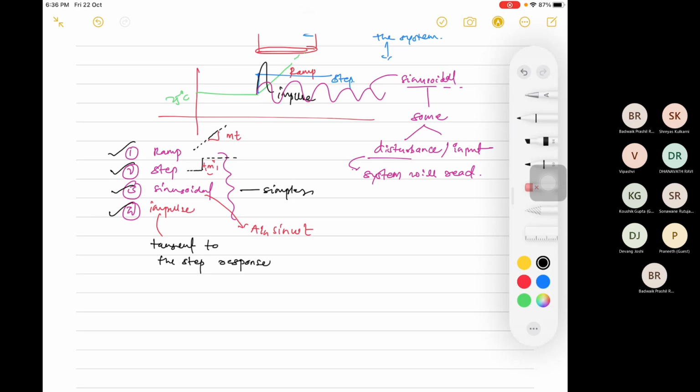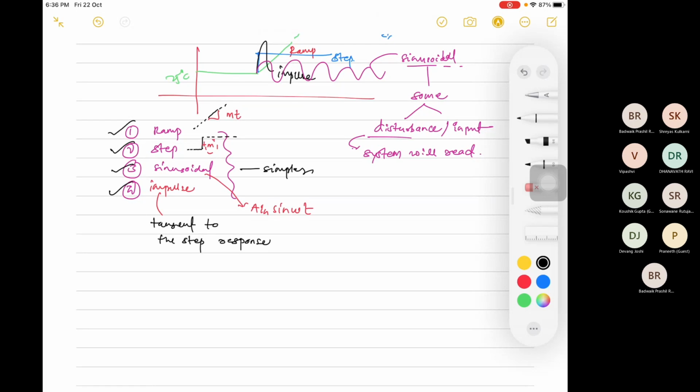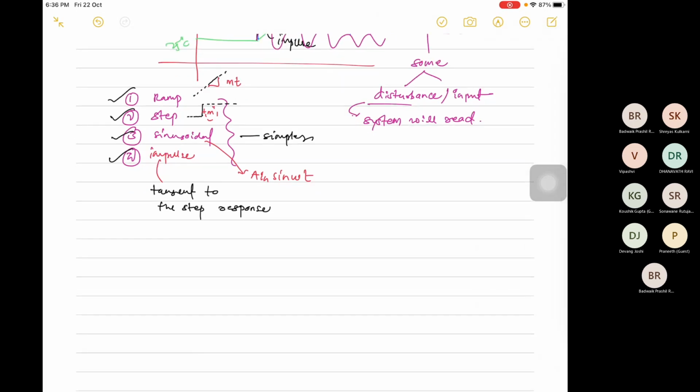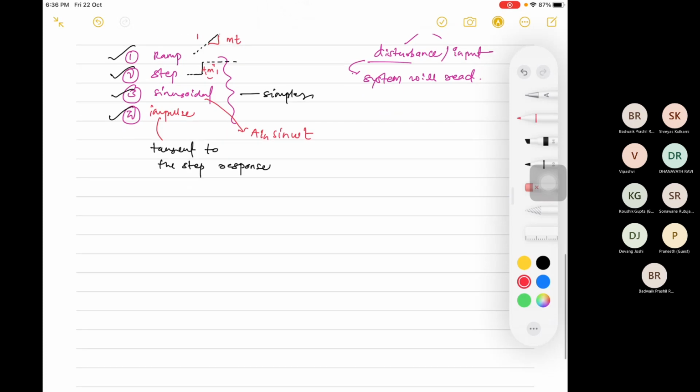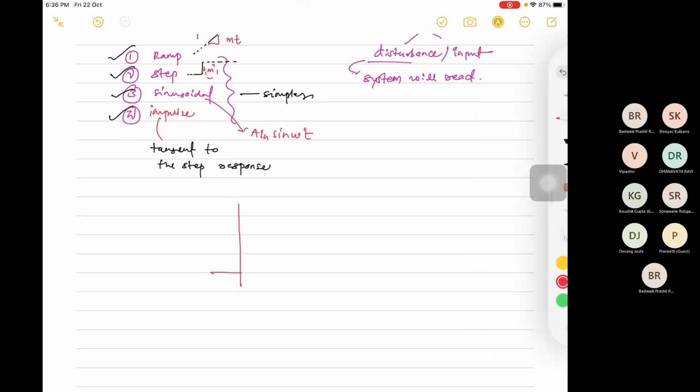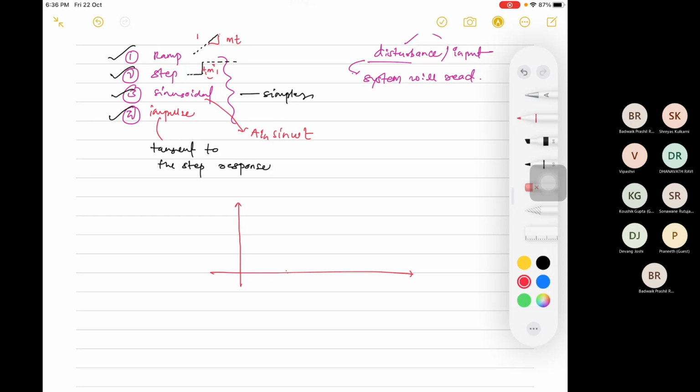Then if such a response comes, what is your x of t, what is your x of s? So what is a deviation variable, does everyone know? Is there anyone who is having a problem with deviation variable, so I can clear it? Please let me know. Suppose I take an example of a step injection. What is the time now? It is 6:36. So at 6:36 I have a reactor with temperature 100 degrees Celsius, and I am disturbing the system in a step manner, and the temperature is now 105 degrees Celsius.